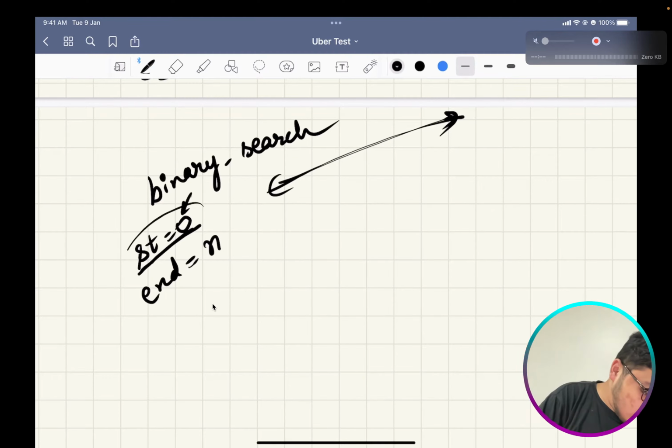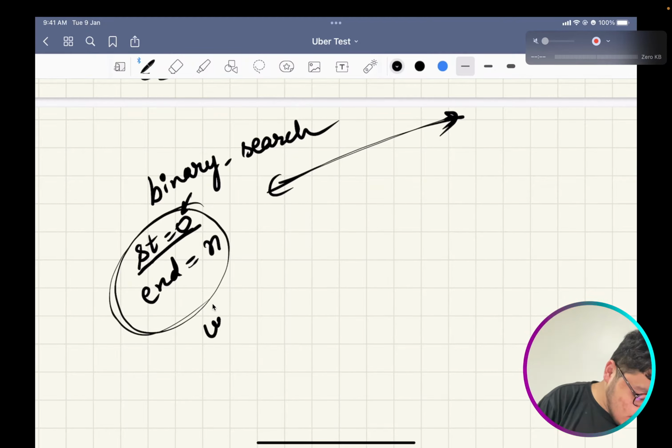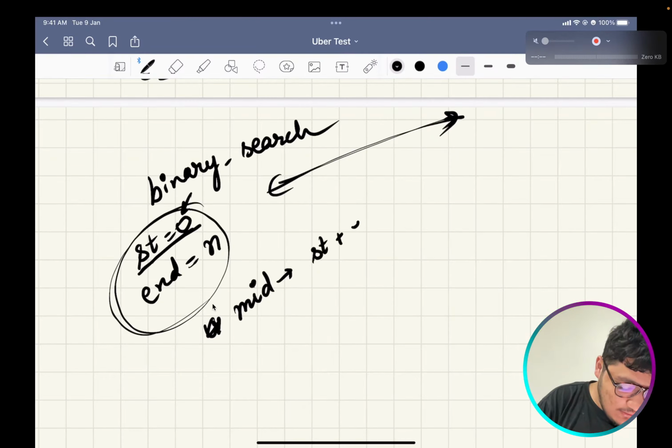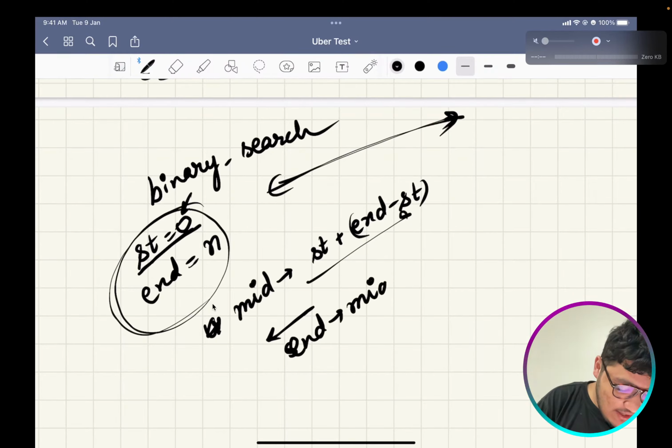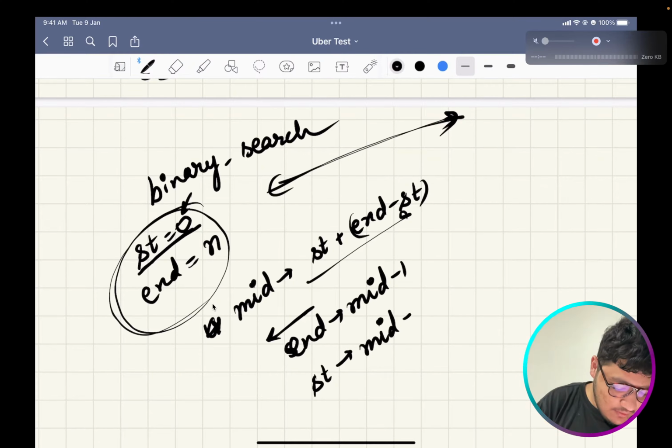So these would be your constraints, and then you will check for mid. For every mid you will check, and if your mid satisfies this condition, then you would move your end towards mid minus 1, and if it won't, then you would move your start towards mid plus 1.